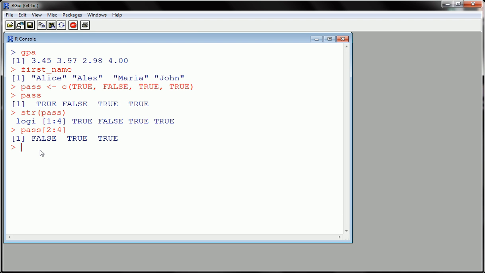It can be looked at as a character vector, similar to the name that we created, right? But since names can take on many, many, many possibilities, almost infinite possibilities, and something like gender very clearly is either male or female,